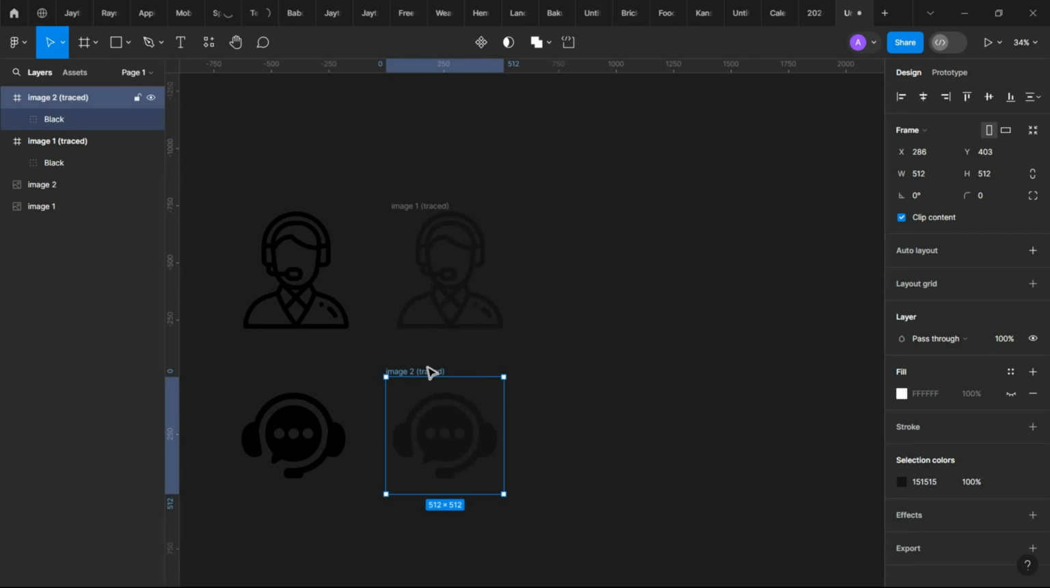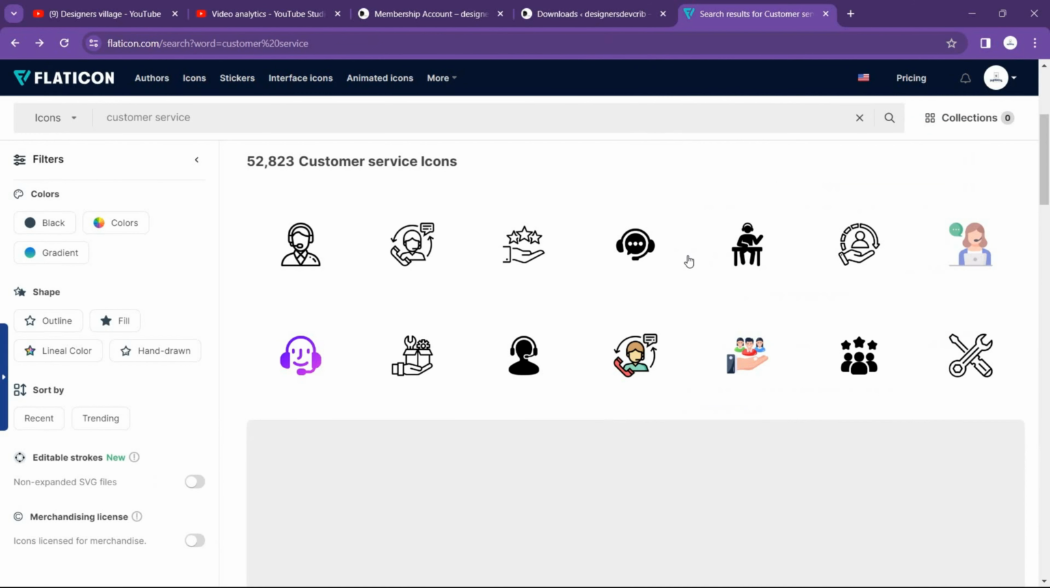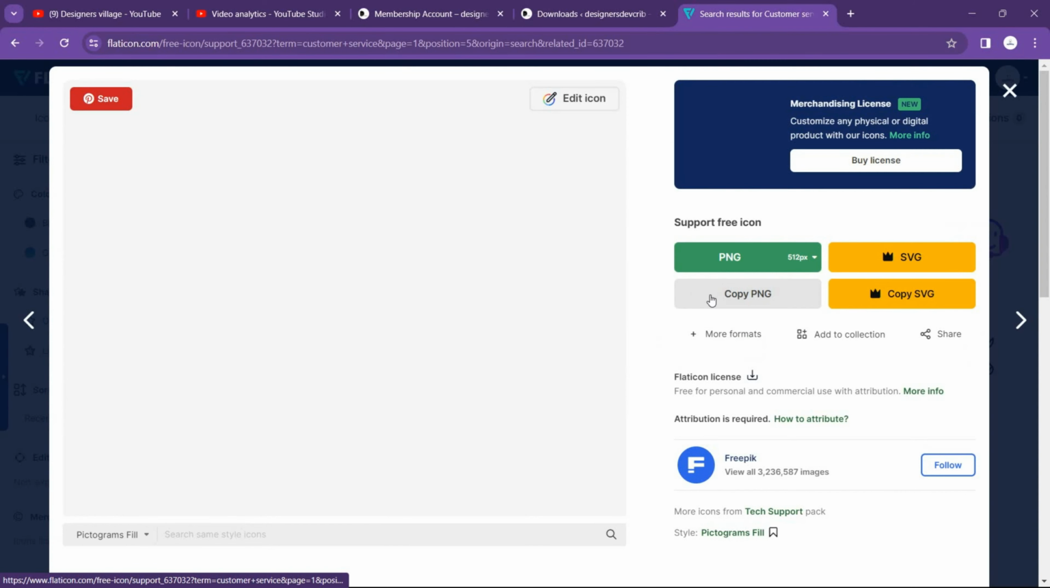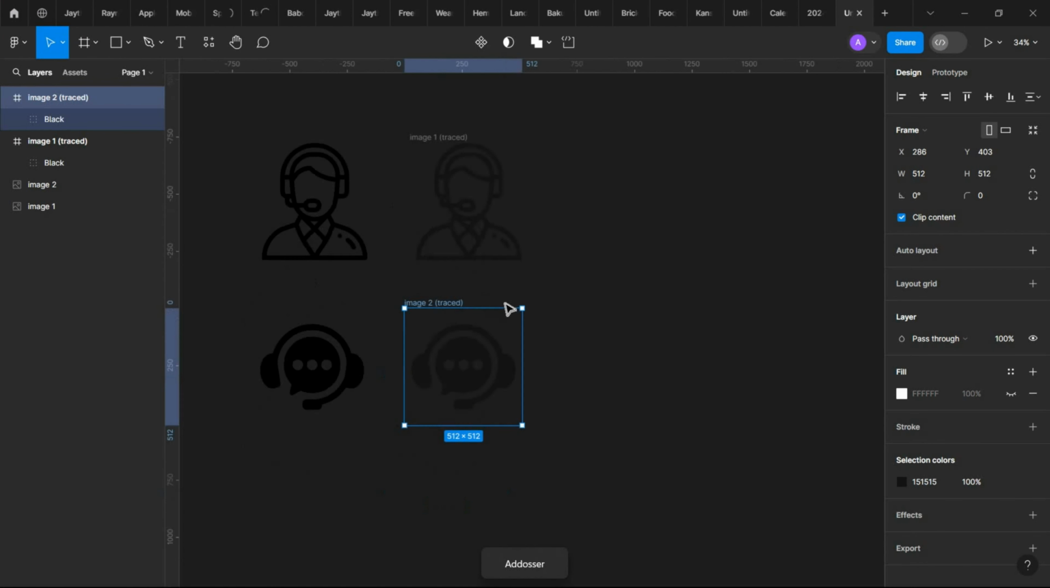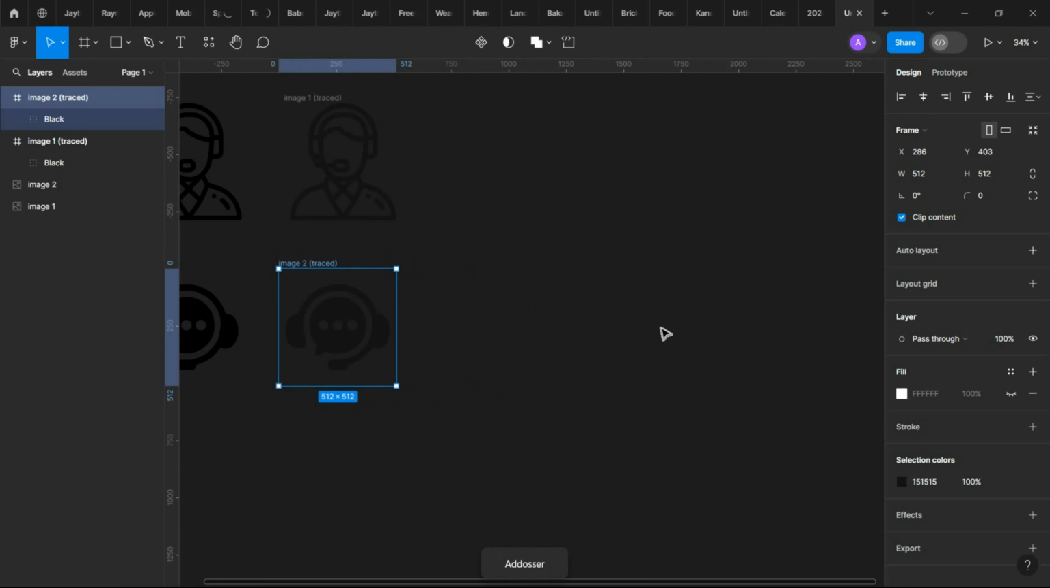Sometimes when we download or copy an icon from Flaticon, for example, and you are trying to change the color and you can't, you can actually change the color on the Flaticon website. Just come to edit icon, but sometimes we like to do it in Figma to make the work faster. So I'll just copy the icon and I'm going to